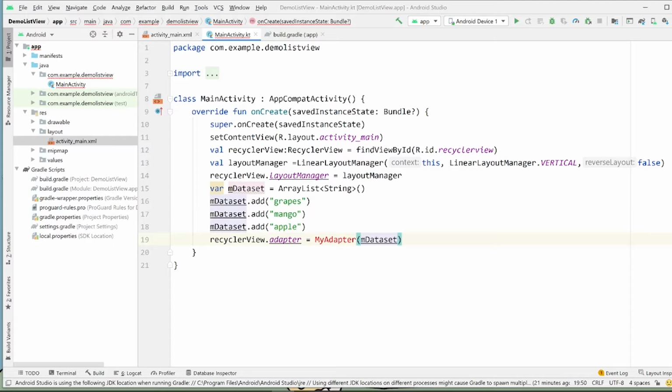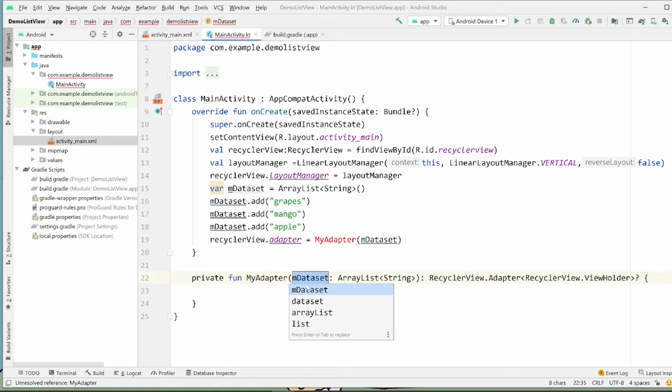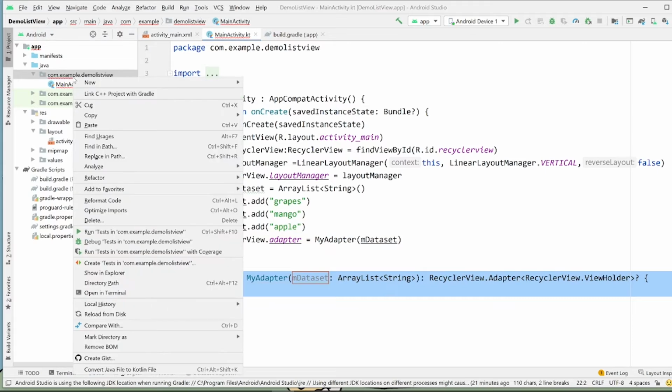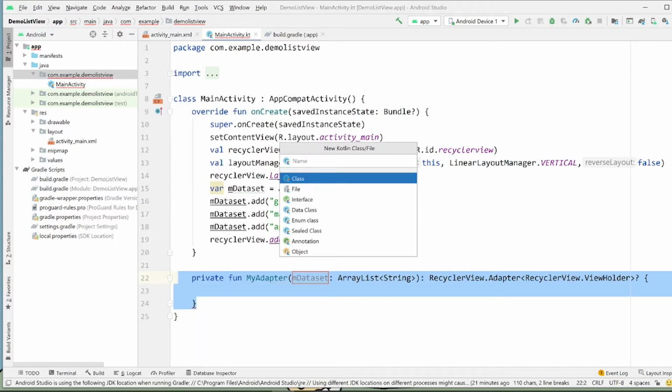And now it's marked red because I haven't customized it. Oh, wait. I'm going to create a new class to contain the adapter because there's going to be a lot of things in it.